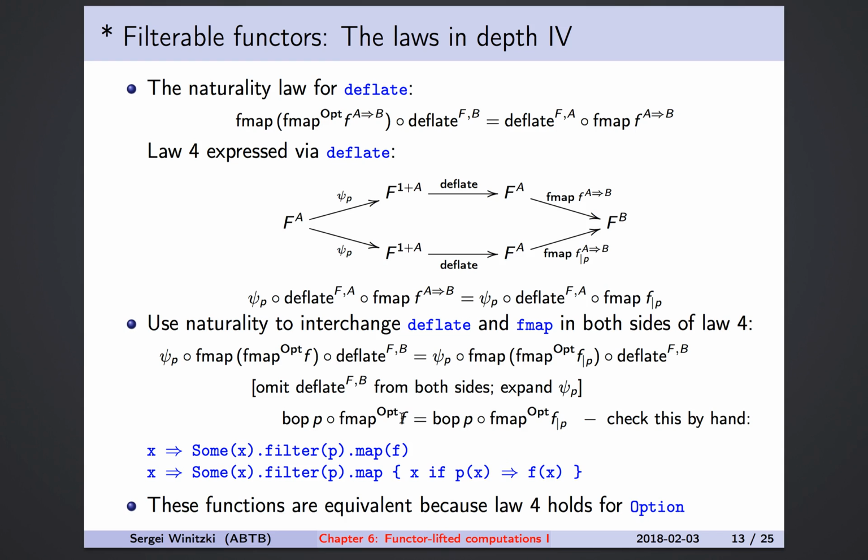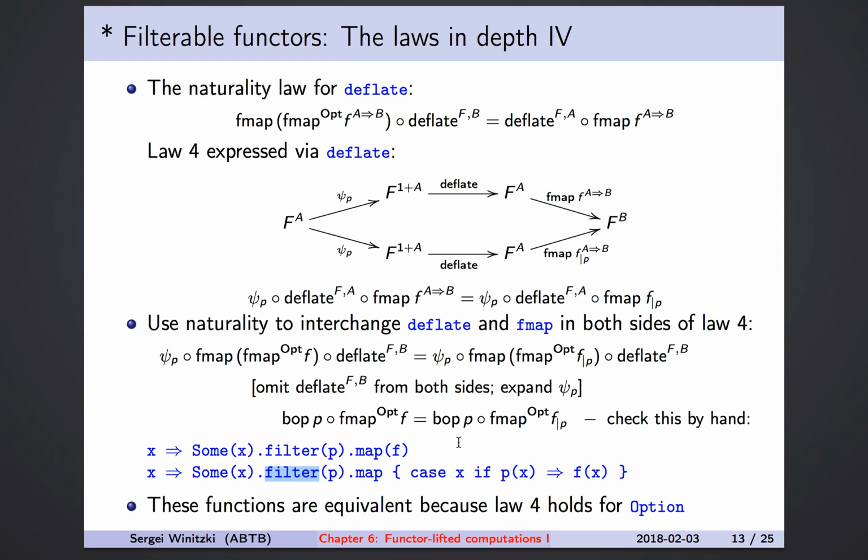Now it is quite simple to check that this is true. Let's write out the Scala code for the left-hand side and the right-hand side. We see these two pieces of Scala code. I've corrected the Scala code here. So this function, this partial function, will always be safe because we are applying it after filtering on the condition p. And so any values x that this partial function will receive will be guaranteed to satisfy the condition p. This is because this is the law 4 for the option functor. And we need to verify that it holds for the option functor when we define this filter